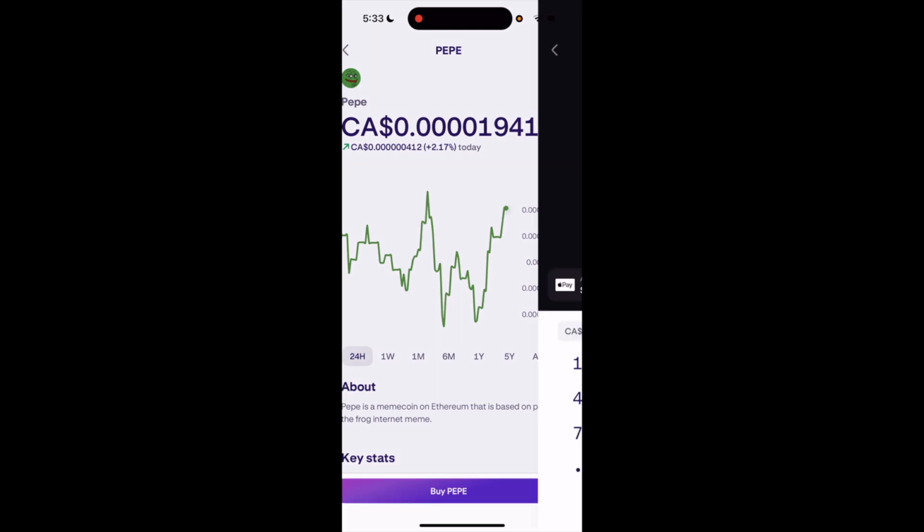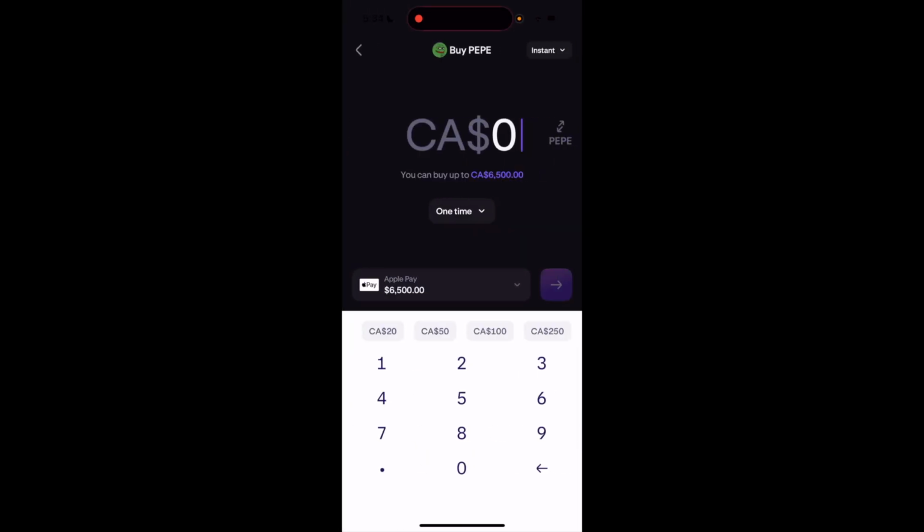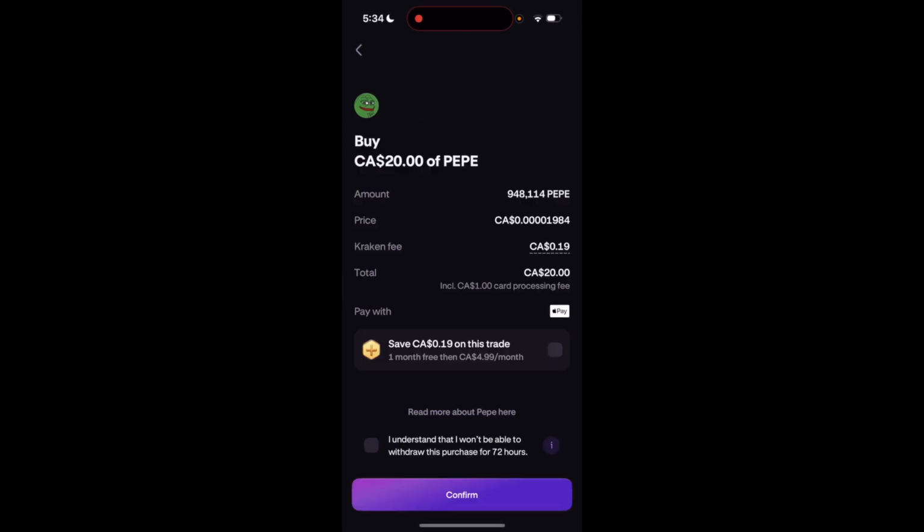Once you're here, type in the amount you're looking to buy. So for this demonstration, if I wanted to buy $20 worth, I'll press on 20. And then to proceed to the next step, press on the purple arrow. Then on this page, you can see how much you're purchasing, the price, the fee, the total. If all looks good, you want to proceed, press I understand, and then the purple confirmation button to follow the